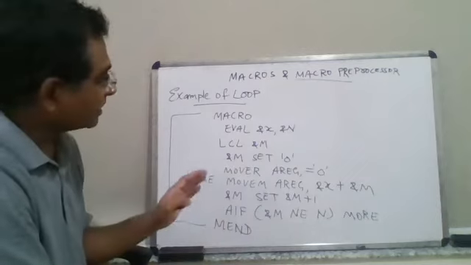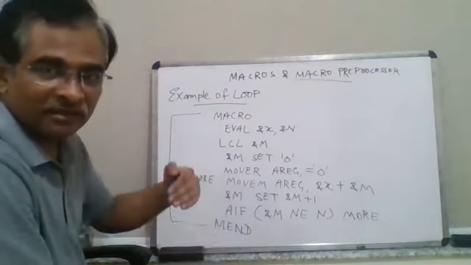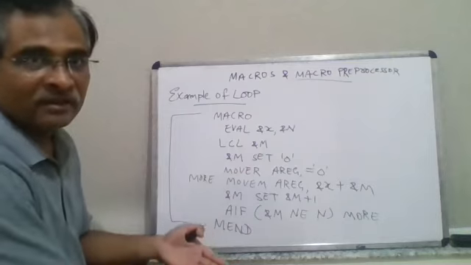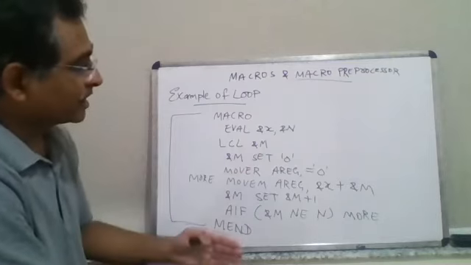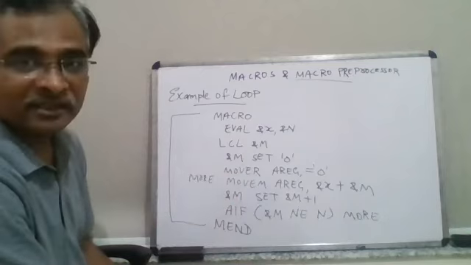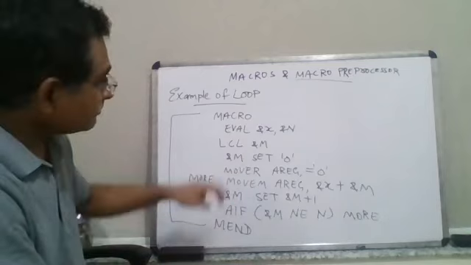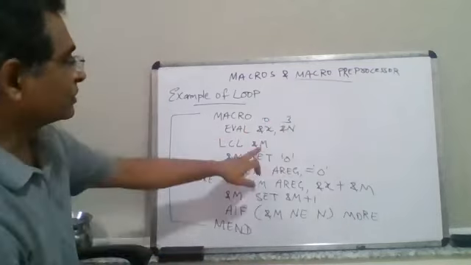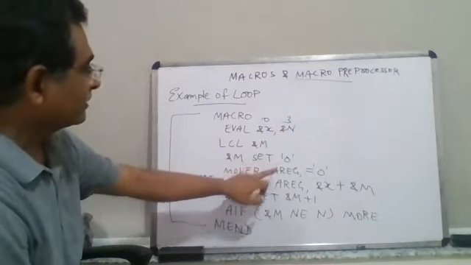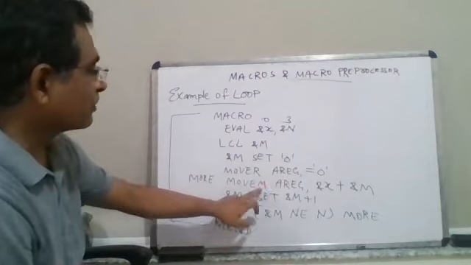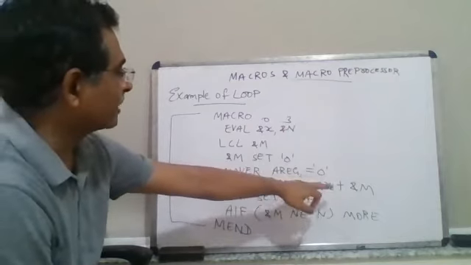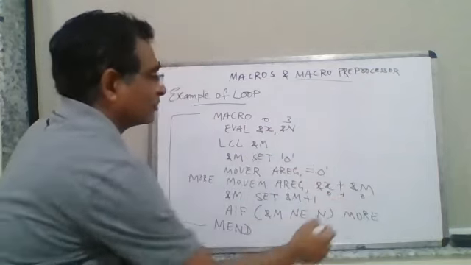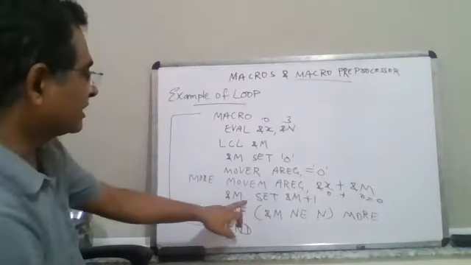So just understand this small example. I will take this example after telling you the various data structures, and then I will show you what type of data structures there are and how the values will be populated inside them. Let's say these values are 0 and 3. The value of m is initially set to 0. So, move r areg equal to 0, move m areg equal to address of x and address of m. The value of m is 0, so this plus this is 0, and then it is incremented.